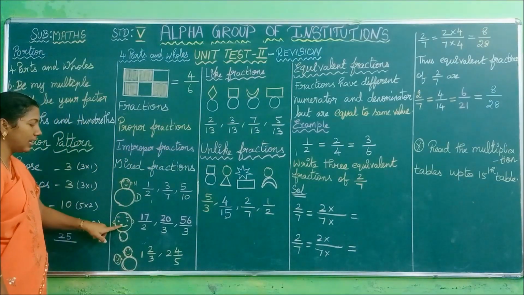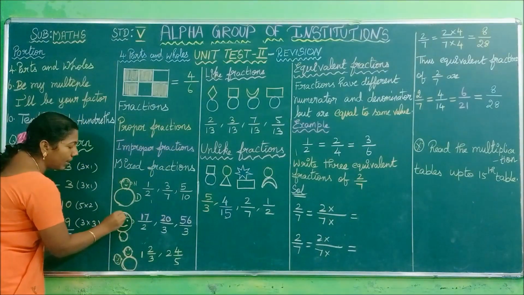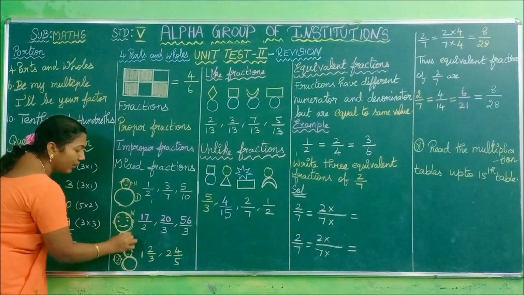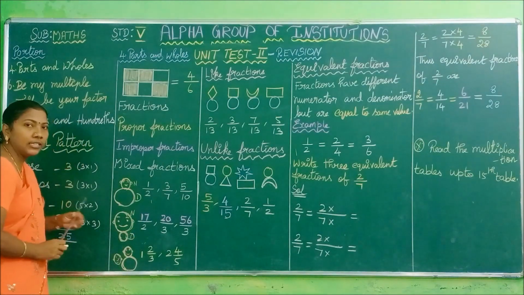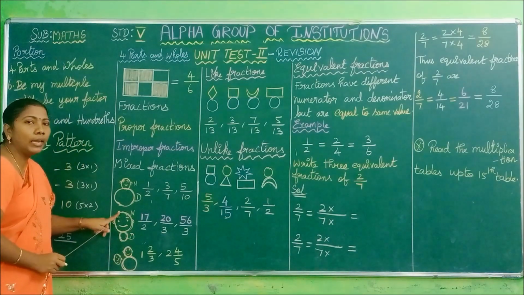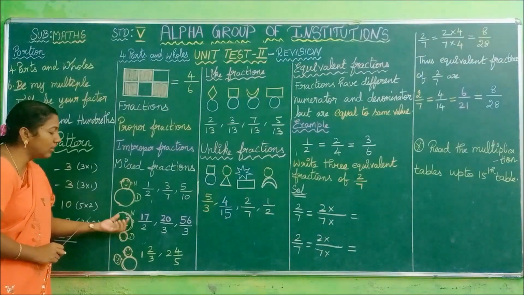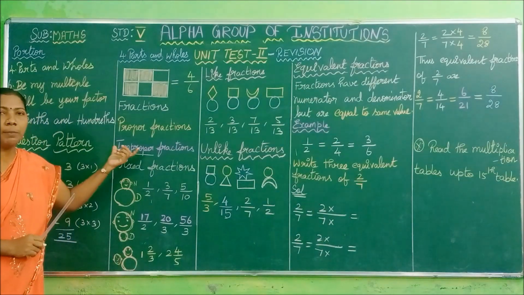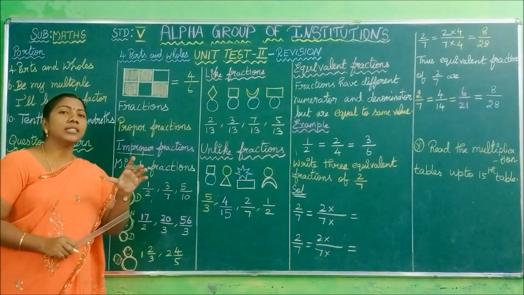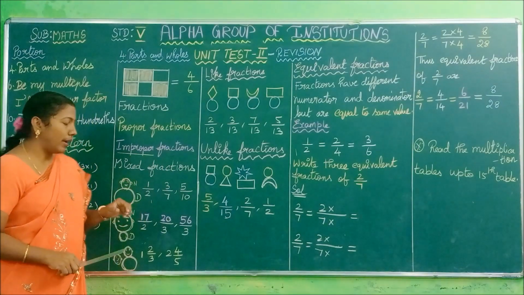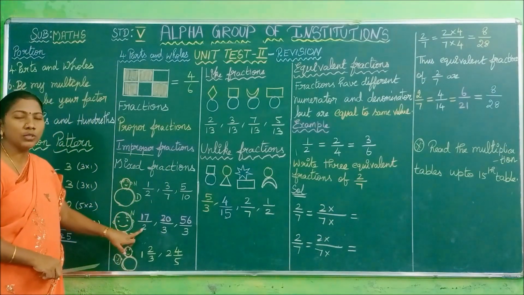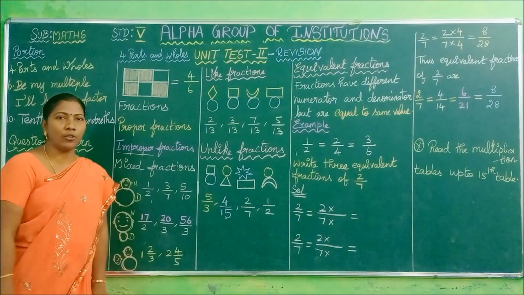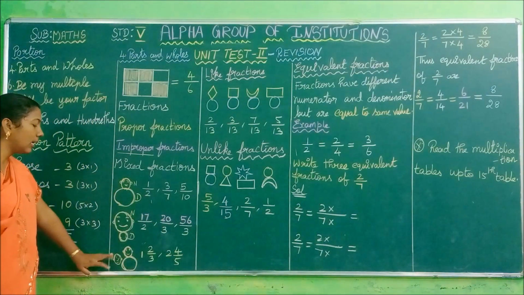See the next doll. The head looks so big compared to its body. Think of the head as the numerator and the body as the denominator. See this picture. The head looks too big compared to its body. In this type of situation we call it an improper fraction. That is, the numerator is bigger than its denominator. See the example, 17 by 2. 17 is bigger than 2. Similarly 20 by 3, 56 by 3. Do you understand, children?